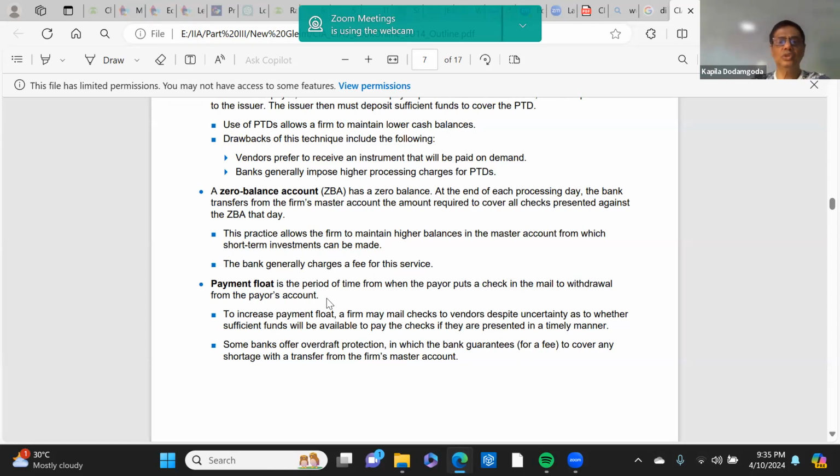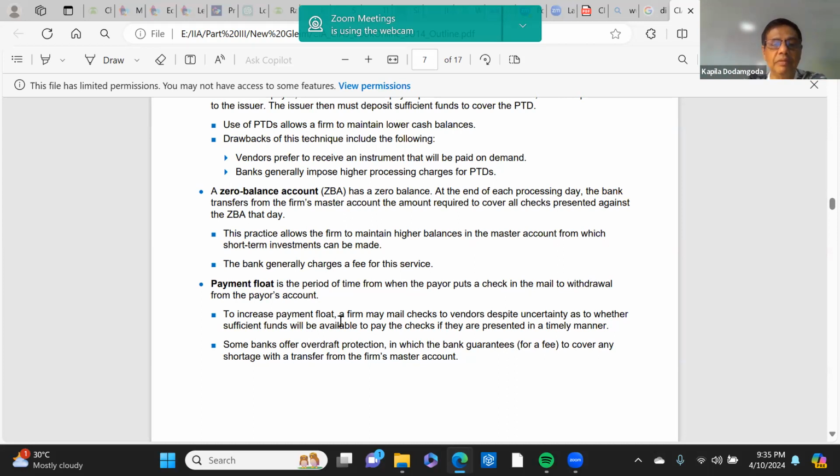account, right? So you, as the person who is making the payment, put the check in the mail, and then the time until the funds go out from your account, that is the payment float. Receiver's float is the other way around, from payment until the money is received. But here, from the payer's point of view, it is from the time that you put the check into the mail to withdrawal of the funds getting charged to the account.